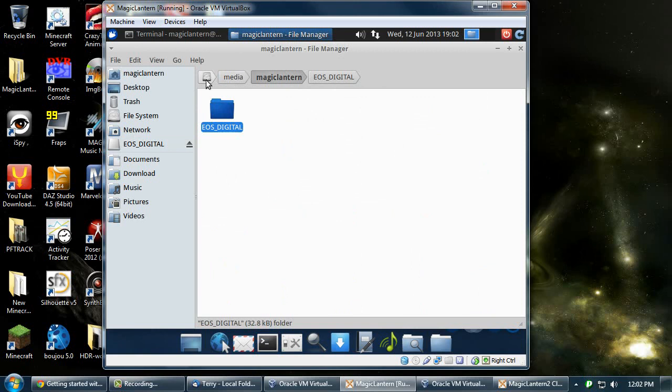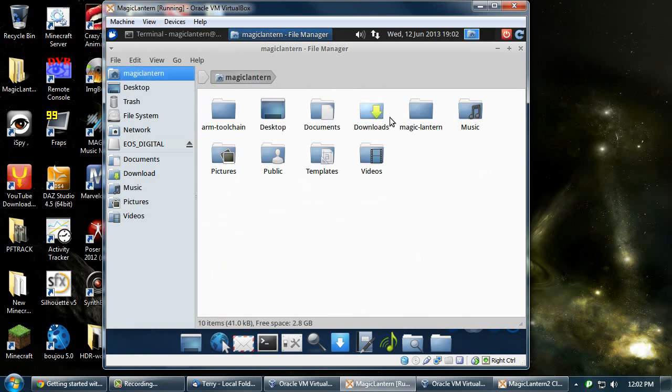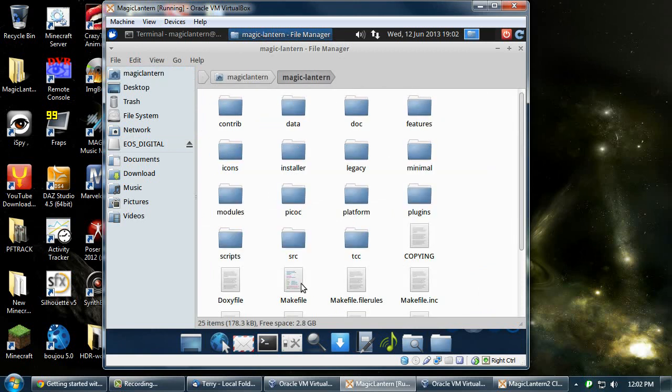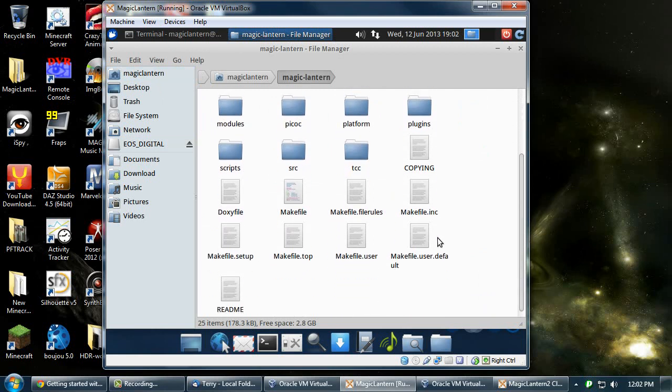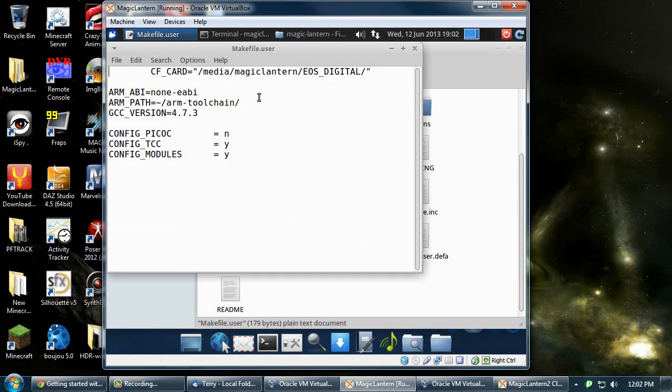Let's go to media, Magic Lantern here, just to try to make you understand this. I don't want to blab on too much, but it's good to understand it. Our CF card is saying media, Magic Lantern, EOS digital. Okay,